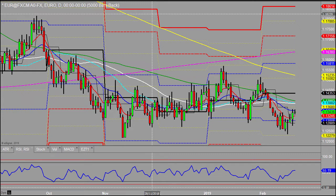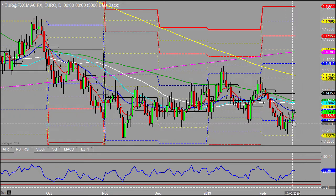So looking at the euro dollar first, and we got a decent move yesterday, and it's pushed into this daily 21. Now the question is, can it push through? If it can, next target really is daily 50. That is pretty flat with the 34 there. Previously we've seen price approach it. It doesn't really have much in the way of resistance, so it then leaves us open maybe at some point